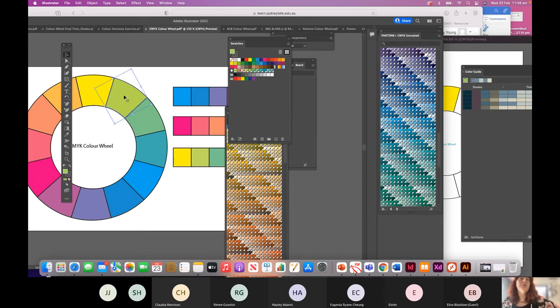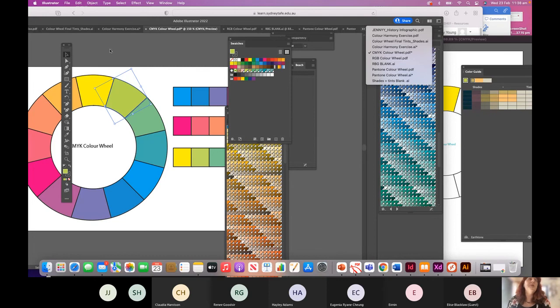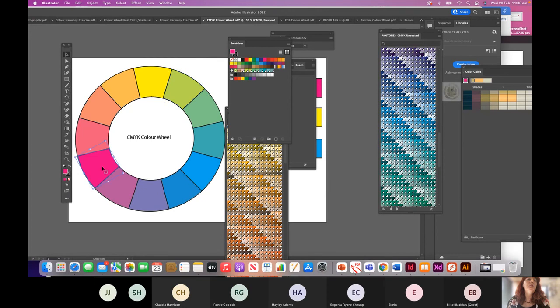And you can see I had a couple of different alternatives for the yellow and green, and I've gone for that one, which I think is closer. So try it out, and you just have to go through it bit by bit. It's the same principle when you've got your primary